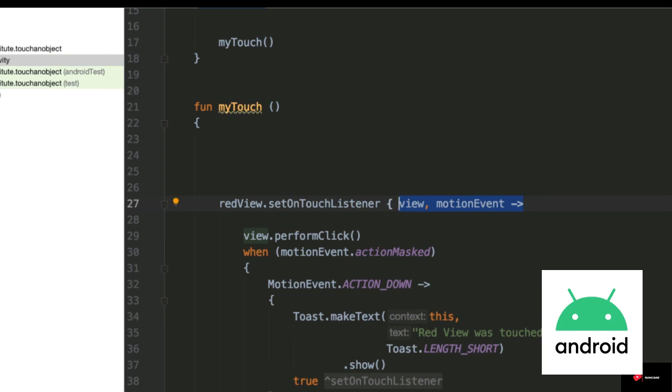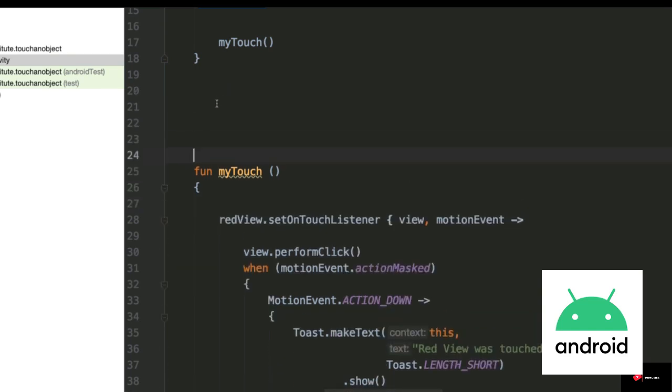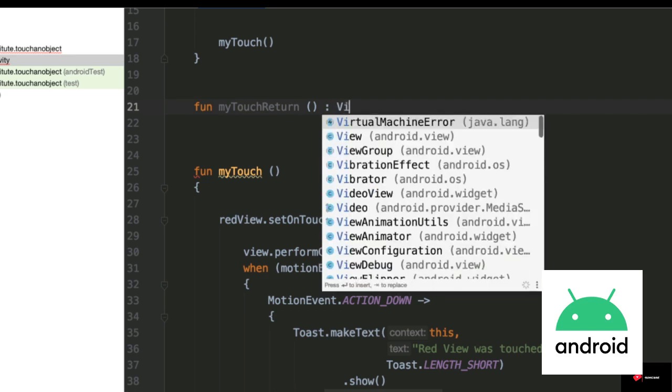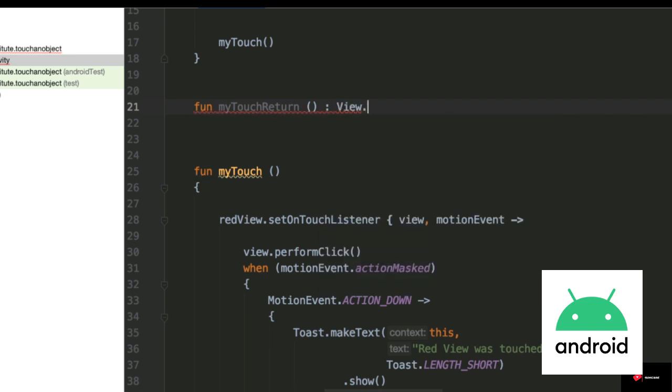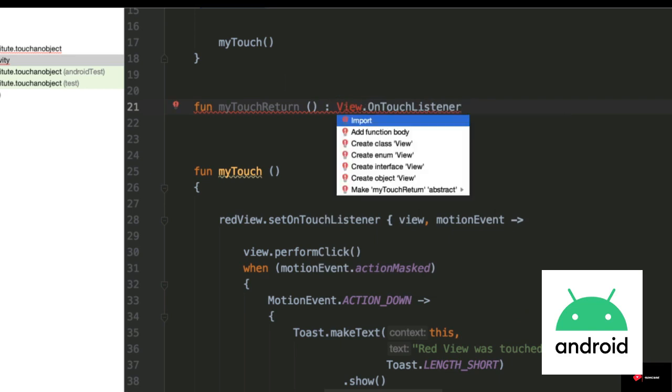There is another way, which is this type, the return that we want for the onTouchListener. I'm actually going to go ahead and put it in a new function. So let's see how I'm going to do that. I'm going to say this is another function. Let's call it myTouchReturn. Whatever you want to call it, the thing that really matters about this function is that it returns a View.OnTouchListener,